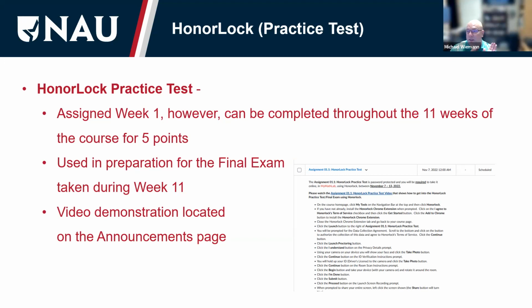That's why we start at the very beginning of the course, to ensure you work out any technical hardware, software, or internet issues associated with Honor Lock, because the university requires your final exam to be proctored. So this gives you practice and 11 weeks to work out any technical issues. Again, if there are questions, don't hesitate to reach out. I can clarify anything that's listed there.